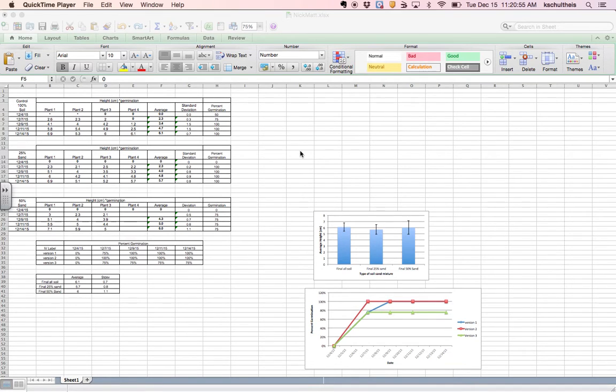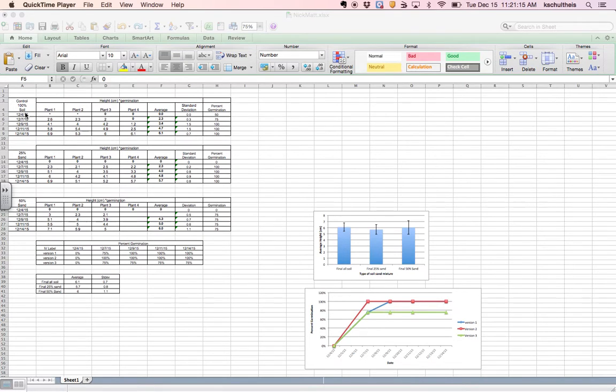In this tutorial, I'm going to cover how to make a multi-line graph. Just as a reminder, a multi-line graph is what you use when you have two versions of the independent variable and one dependent variable. In my multi-line graph, I'm going to be looking at the effect of soil on plant height over time. So I need to figure out a way to get all of those versions, all of those variables into one